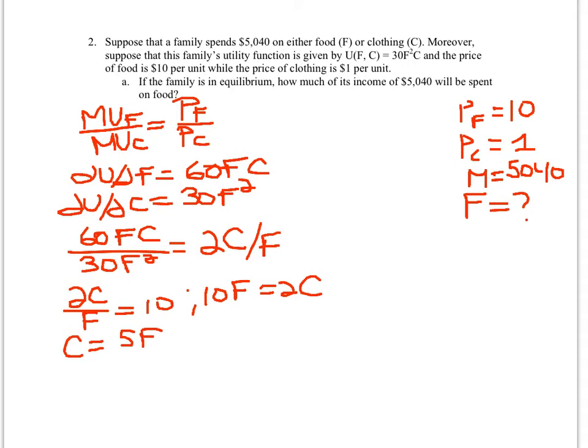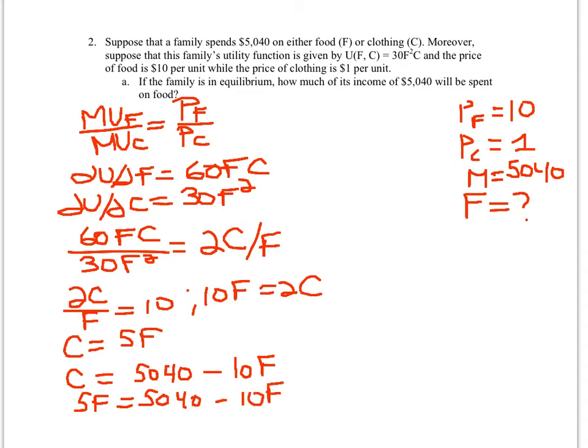And now we can replace that into the budget line, which in this case is going to be C equals 50/40 minus 10F. All right, so 5F is going to be equal to that. 5F equals 50/40 minus 10F. And now we solve for F, right? So that's going to be